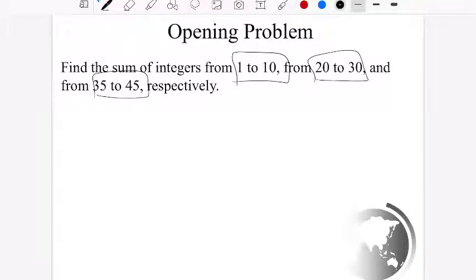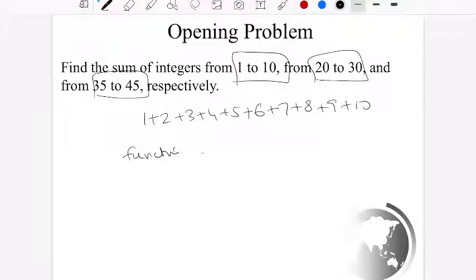What does that mean? Essentially, if you want to do 1 plus 2 plus 3 plus 4 plus 5 plus 6 plus 7 plus 8 plus 9 plus 10, you want to create a function that does that. How will you do it? You'll say, I want to create a function essentially which